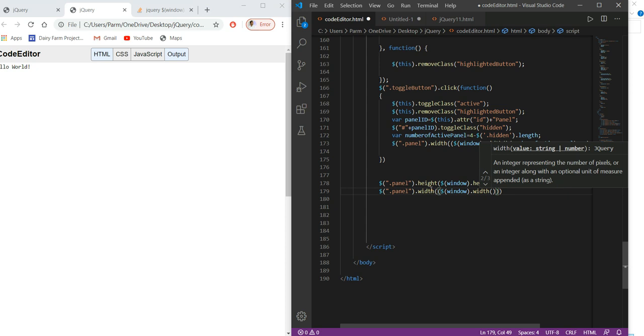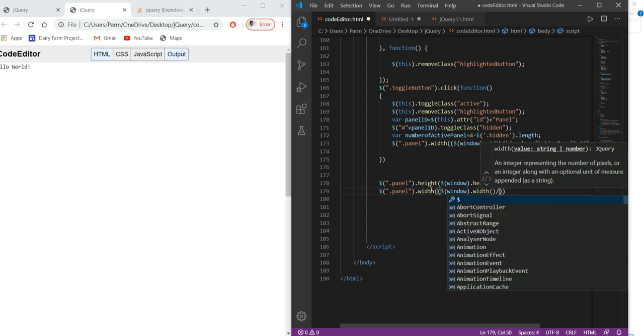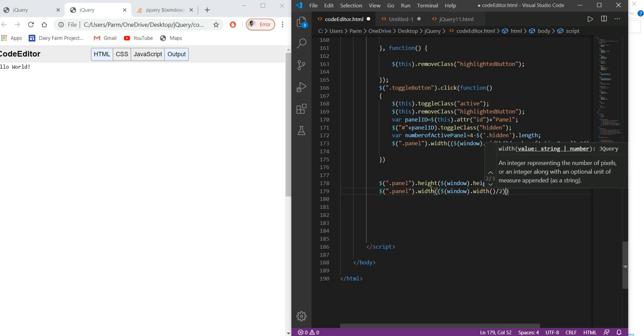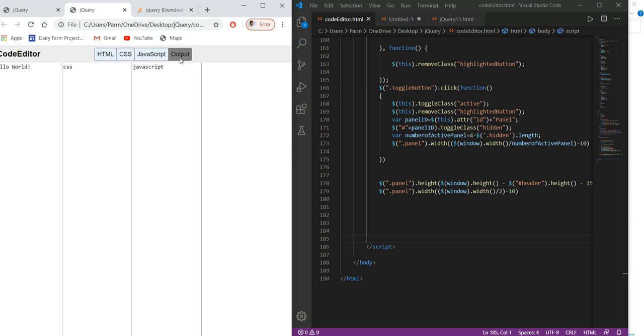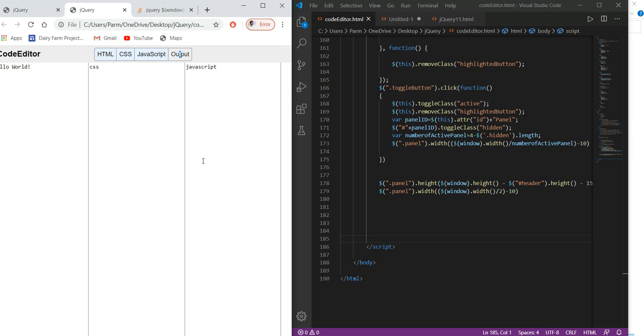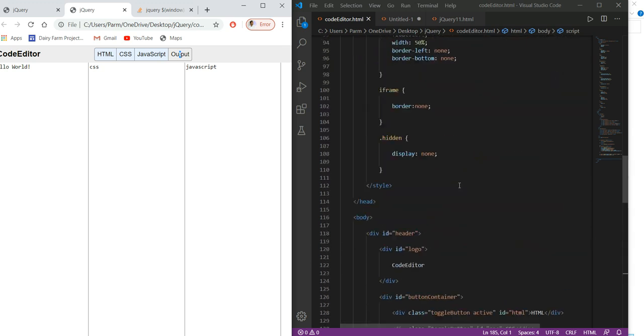So here we write divided by 2, and we have to subtract some padding space also. So here we go and refresh it over here. See, CSS, JavaScript, and then it's working. So we have done almost up to this.